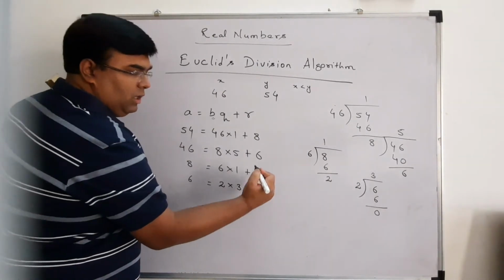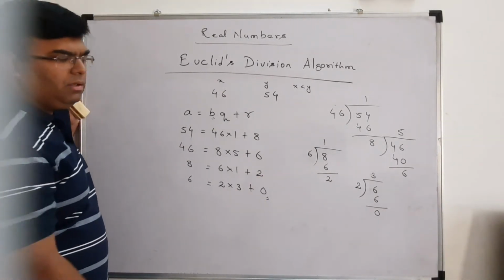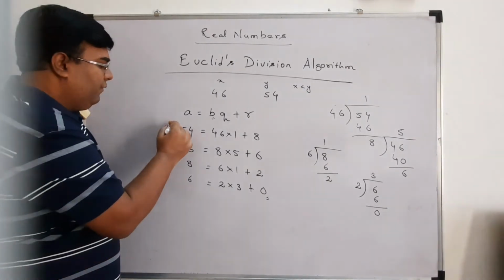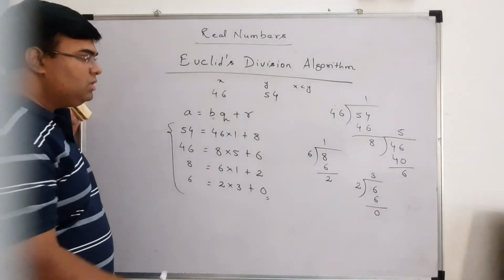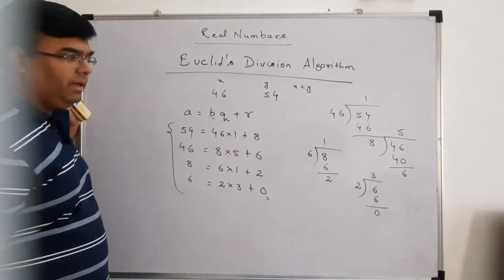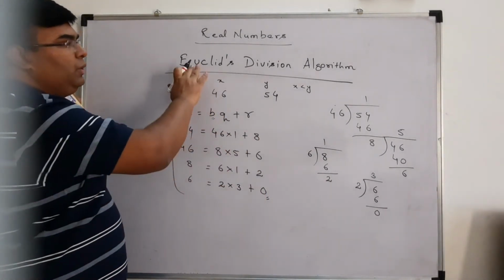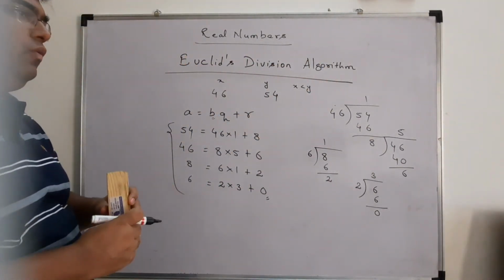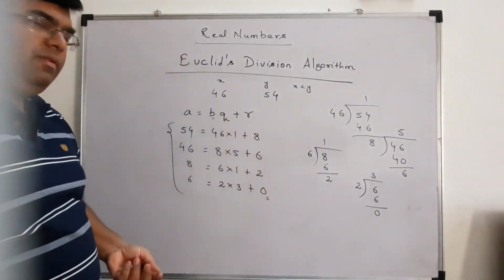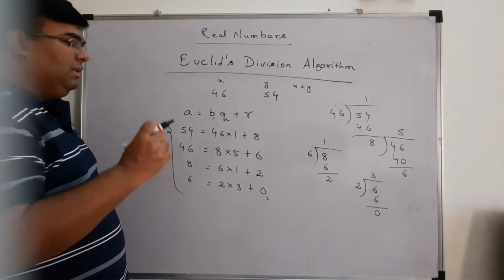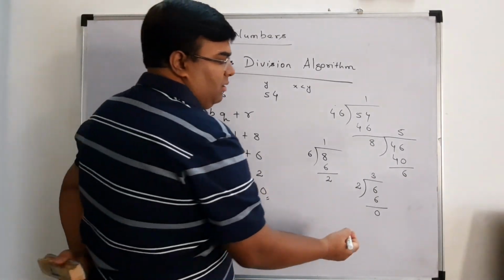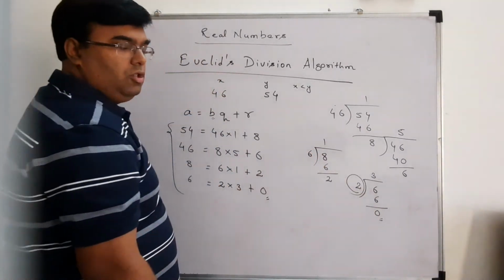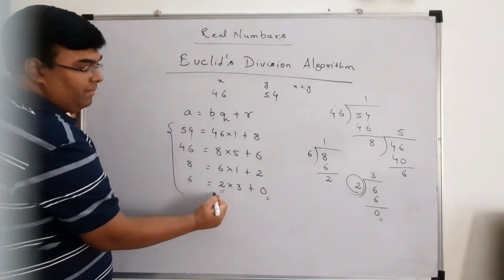Whenever 0 comes, we will stop there, right? Because we cannot do division any more, right? So these are the 4 steps, and we have used this form 4 times, right? This is called my Euclid's division algorithm. So whenever you are asked to find HCF, now what is my HCF here? HCF is that number which brings 0. So my HCF is 2. This last b is my HCF.